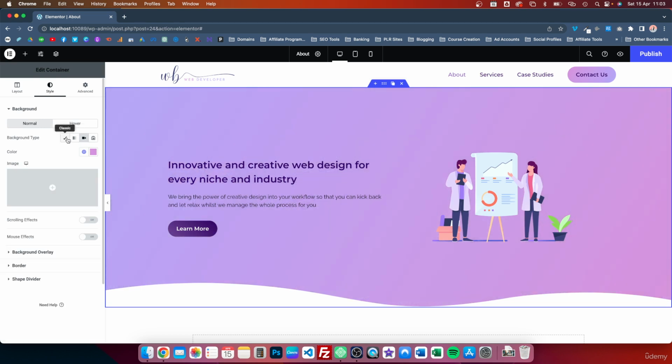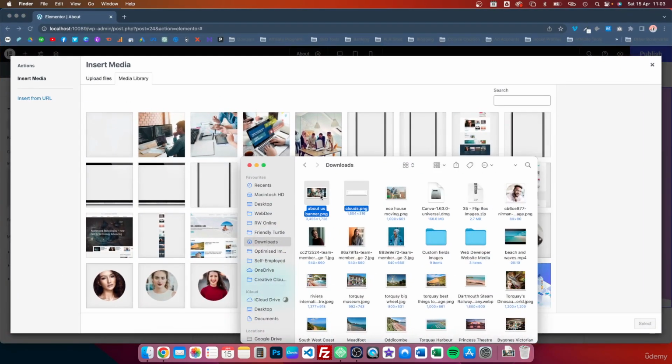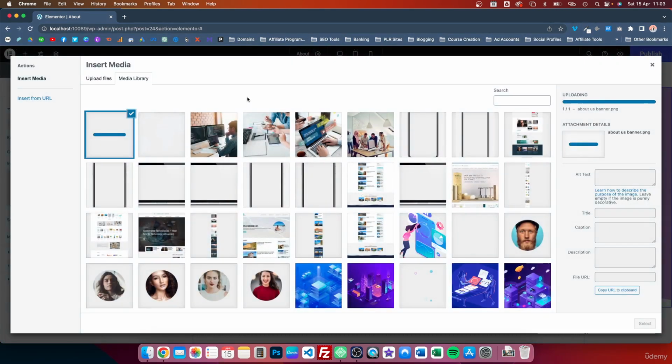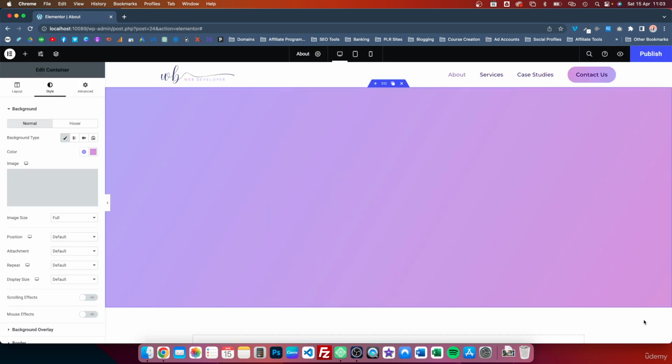I'm going to change this to a classic background type, and attached to this lesson as a resource is going to be this About Us banner. So let's drag that in and we can start working with this. Don't forget to give it an alt text and to optimize the image. Then we can select,